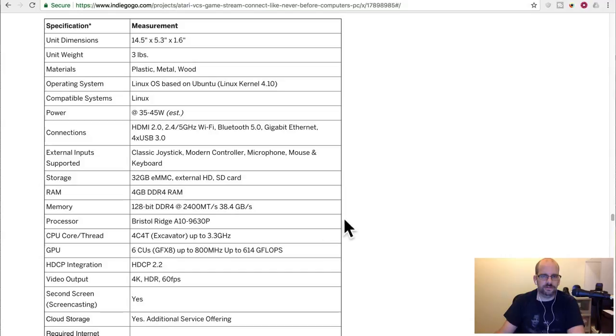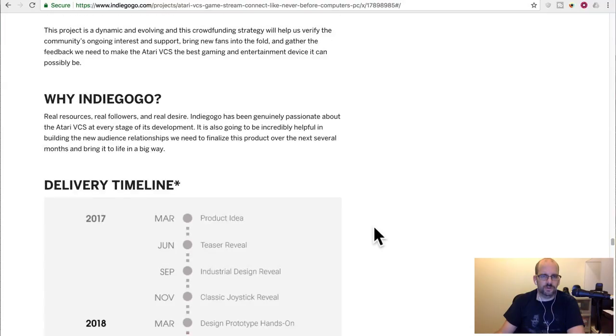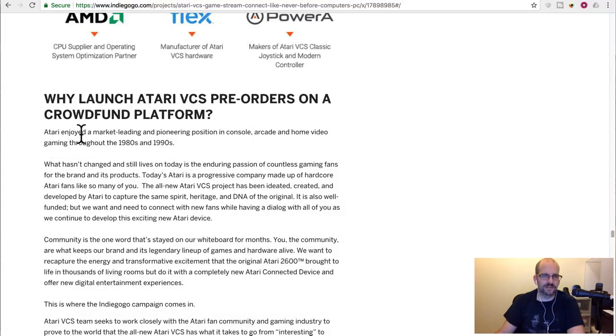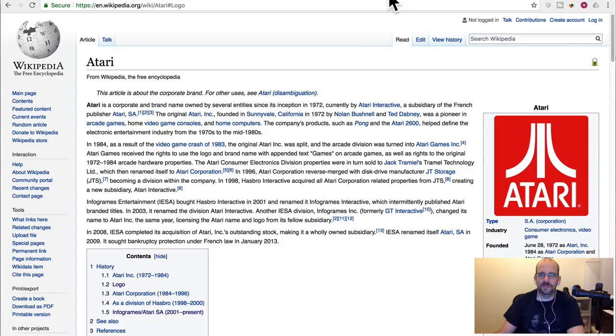They've got all the specs here. Where is it? Processor, Bristol Ridge A10. And they actually address why this giant company, formerly giant company, is doing crowdfunding, because they're not that big anymore. I looked up how this trademark got to these particular people, and there was this